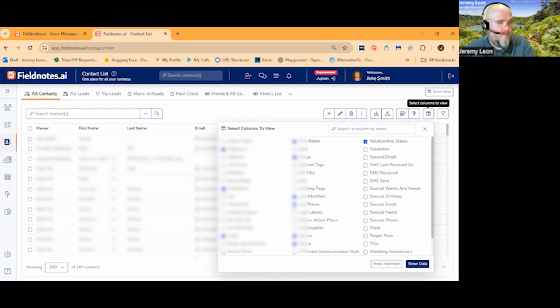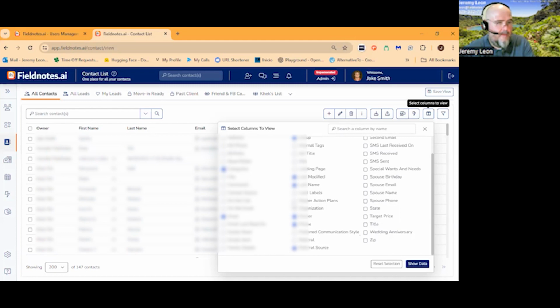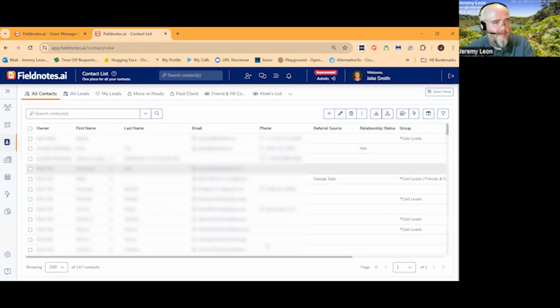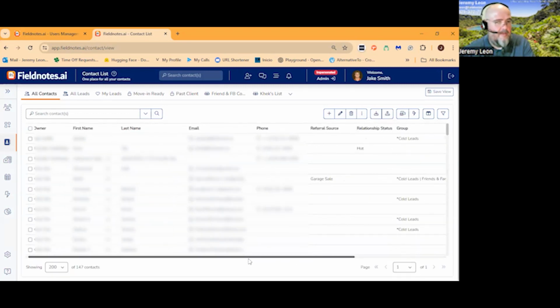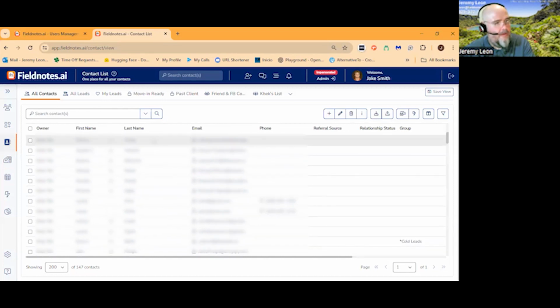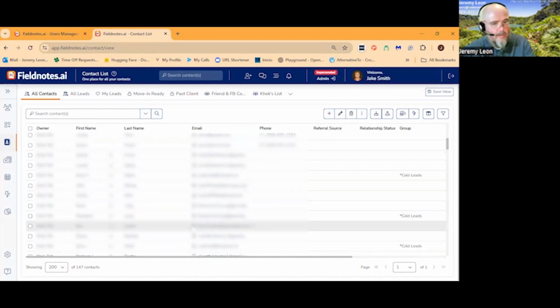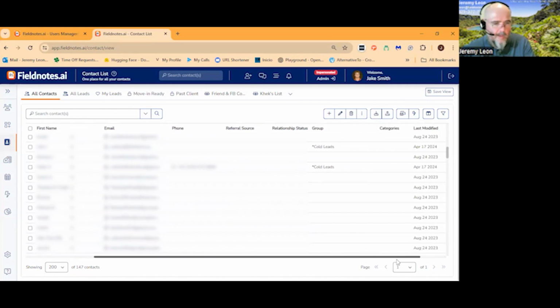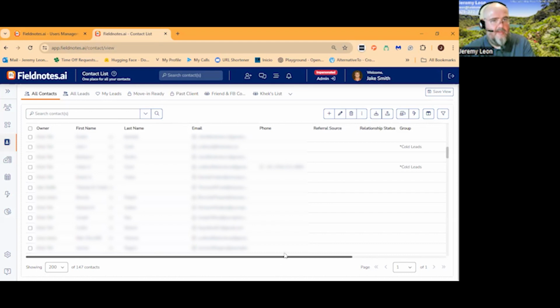I think categories, but it's these things that you want to have showing. I'm not saying show all of them, right? Because then it's going to turn into a really long list. But if you're trying to go through your leads and to see, okay, who are cold leads, or what sphere is applied to what contacts, the best thing to do is to open up your columns, get them showing, and